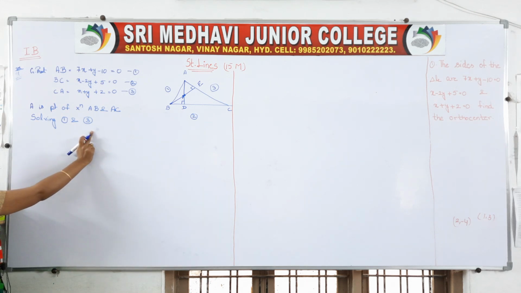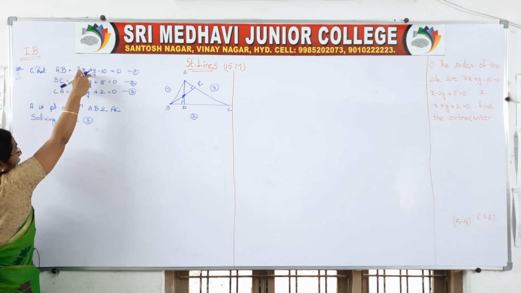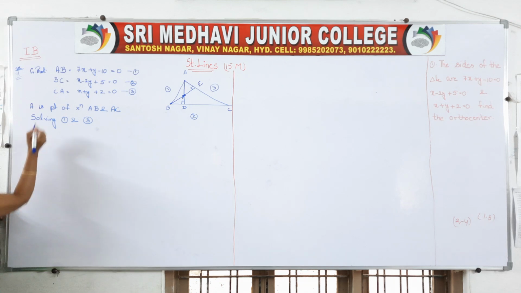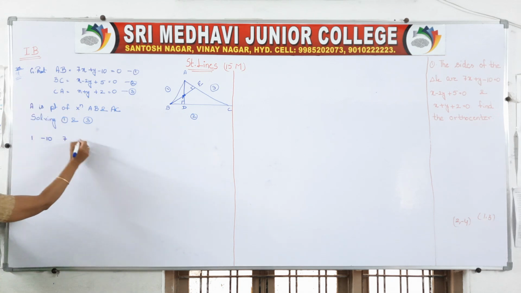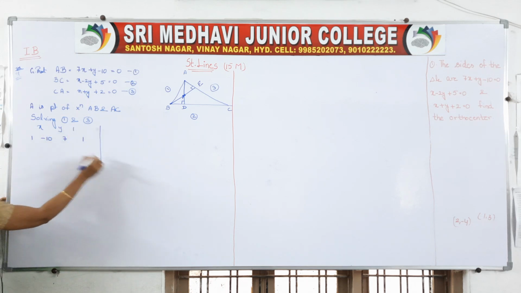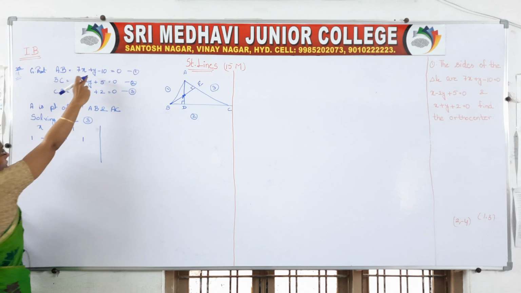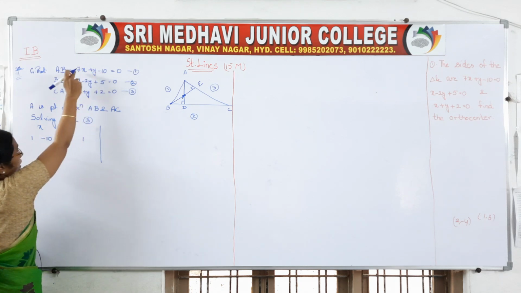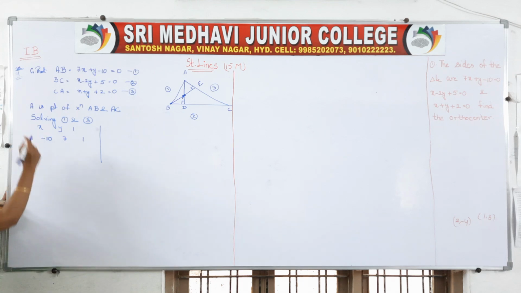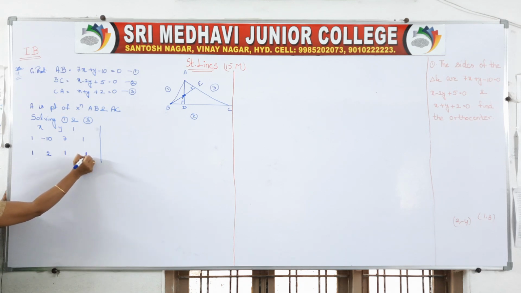By the cross multiplication rule. This is your AB, this is your AC or CA. First the y coefficient, next the constant, then the x coefficient, and again the y coefficient. Be careful while taking the values. You should be very attentive, then only we will get the exact answer from beginning to end. With respect to equation 1: y coefficient is 1, constant is -10, x coefficient is 7, again y coefficient. Now with respect to equation 3: y coefficient is 1, constant is 2, x coefficient is 1, again y coefficient.